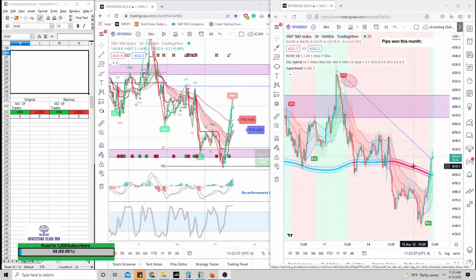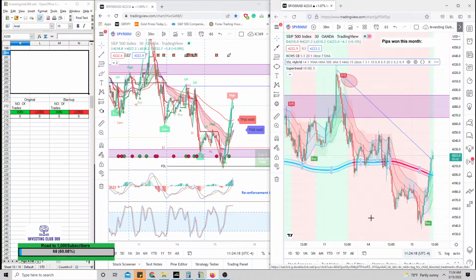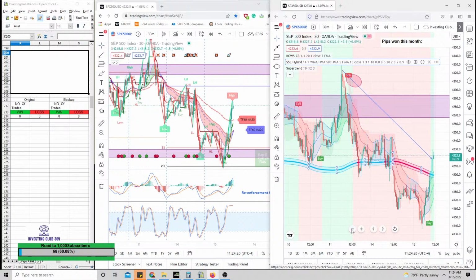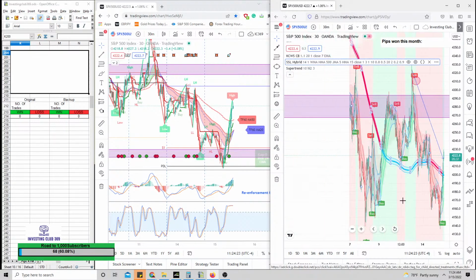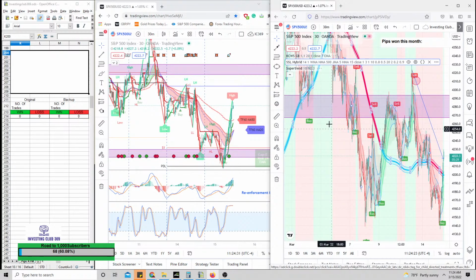Oh, here, right? Yeah, it does have an ATR. So you go into the settings, it does have an ATR. Look, ATR period 14. The base length I put at 500 because if you zoom in or zoom out, you can. If we do some swing trading, we can do some really good pips. I don't know if you guys are willing to do swing trading, and we can monitor it during the